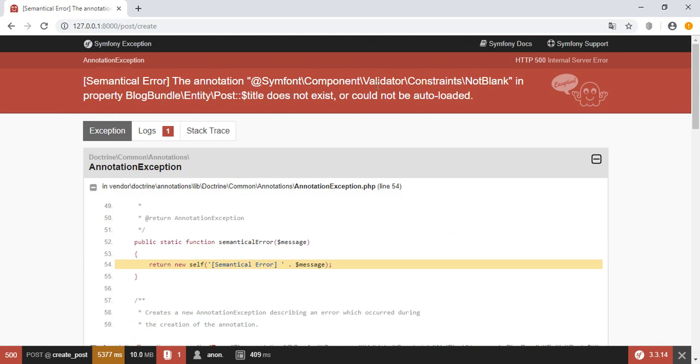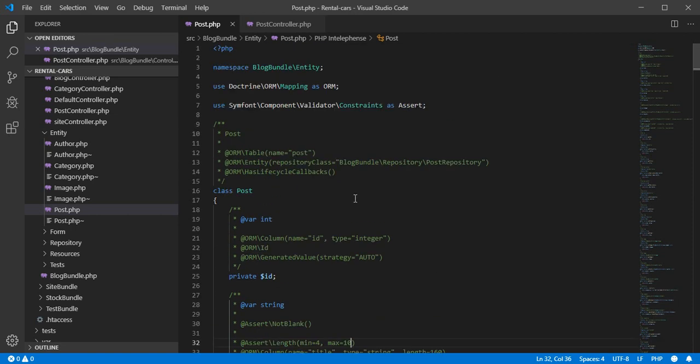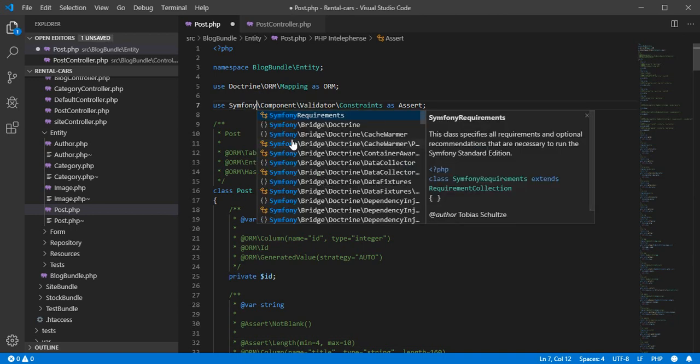There must be something wrong in the annotation, maybe I didn't write it well, so let me see. Here it's Symfony, not Symfony with a typo. Let's save,